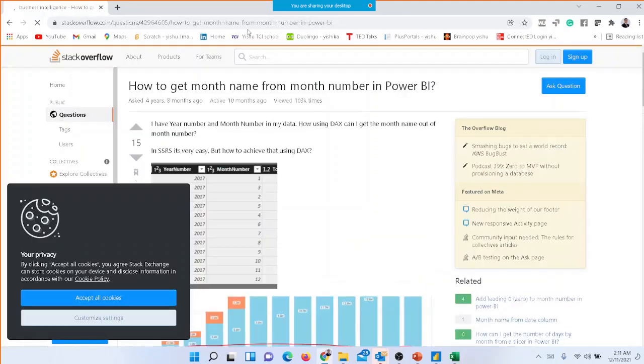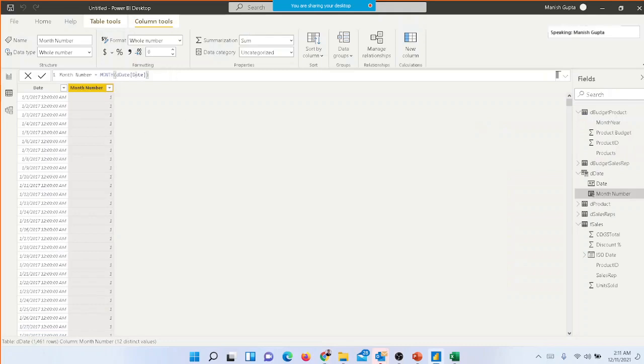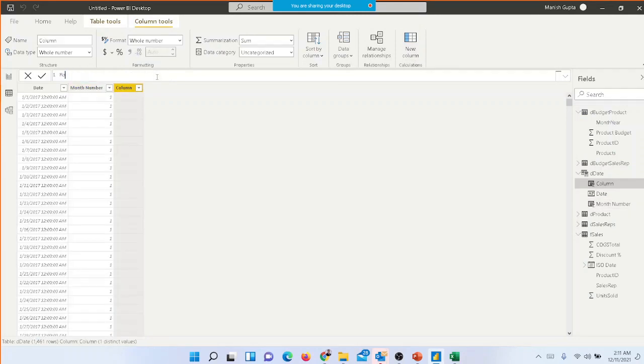Ah, okay, got it. So now we add one more column for month name, because month name is going to be better to be used in the reports rather than the month number. So we will use the format,